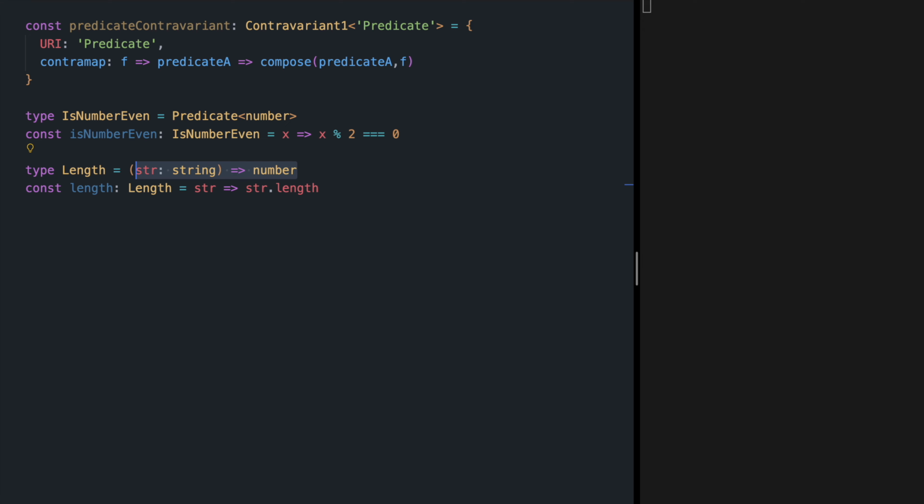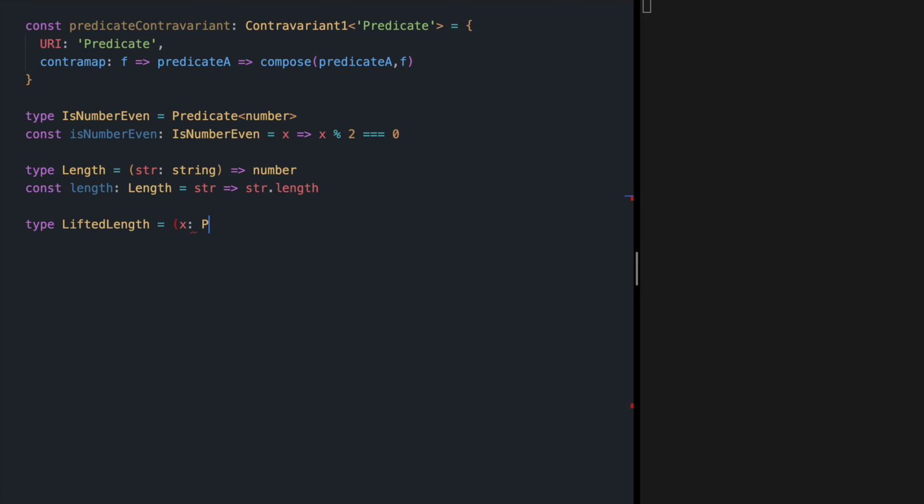Now what we want to do is to lift our length function to the predicate context. Meaning, if the length function is from string to number, using our predicate contravariant instance, we want to lift this to predicates of number to predicates of string. Let's do that. Type liftedLength.